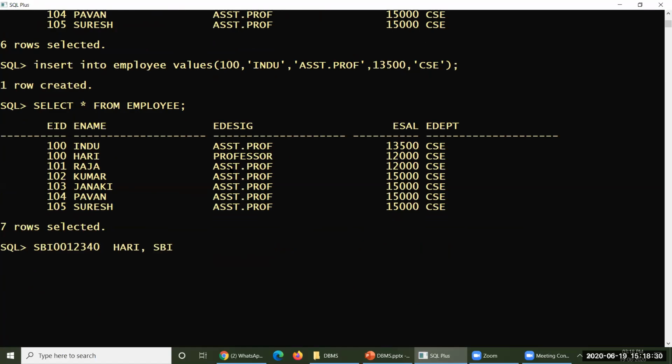Is it possible to give the same number 12340 to some Kumar? No, it is highly impossible. Why? Once an account number has been created for a specific account, that number can never be given to any other person. If you did, obviously financial troubles would happen between these two people, and it would be big trouble. So it could never happen. This is the first point you need to remember.